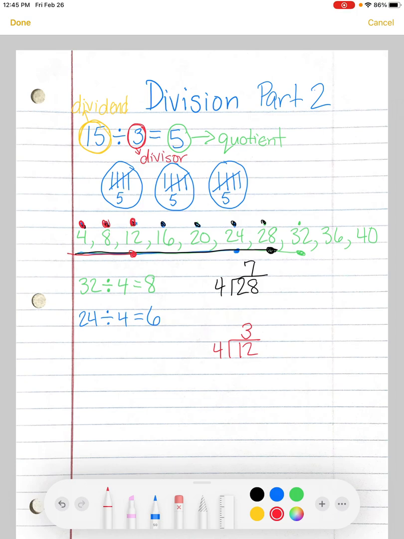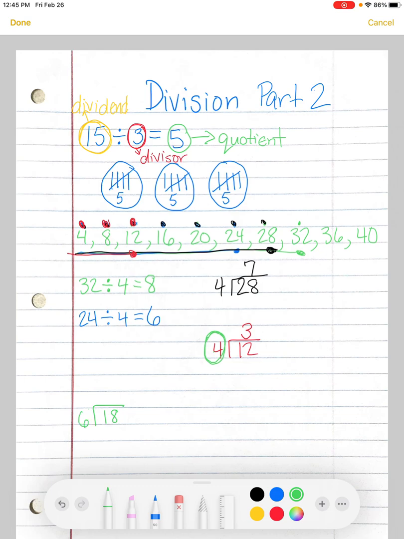As you're doing your problems today, I need you to look on the outside of the bracket here. You need to look on the outside of the bracket. That tells you what type of skip counting pattern you need to do. So if I see a 4 on the outside, if I see a 4 as my divisor, I need to write my 4s or think about my 4s. If it happens to be a 6,